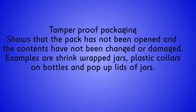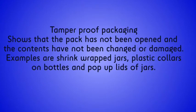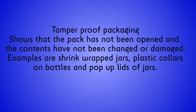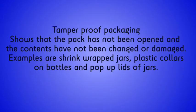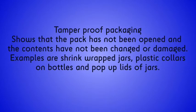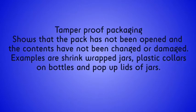Tamper-proof packaging shows that the pack has not been opened and the contents have not been changed or damaged. Examples are shrink-wrapped jars, so that's when they've got a little bit on the top that you have to pull down to be able to get at it, plastic collars on bottles, and pop-ups on lids and jars, such as